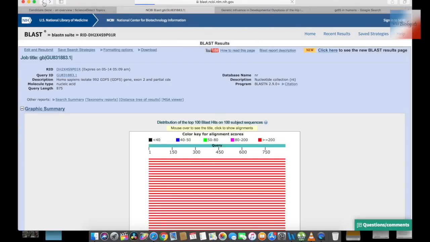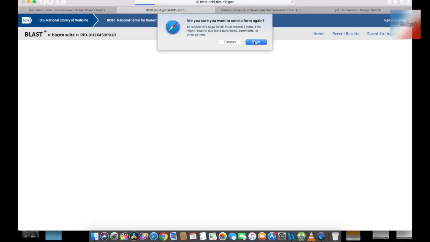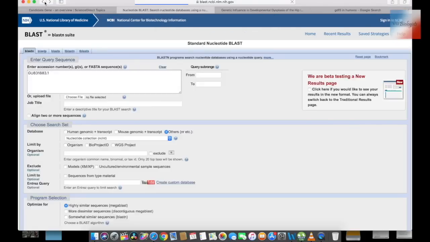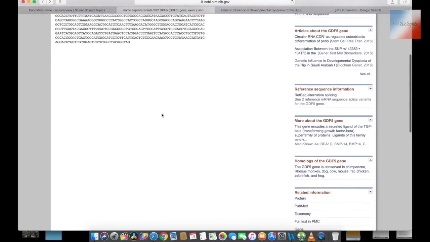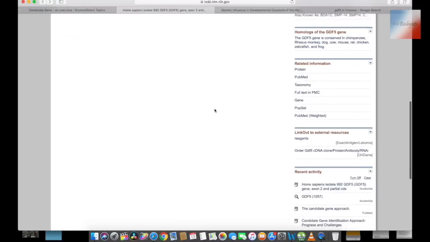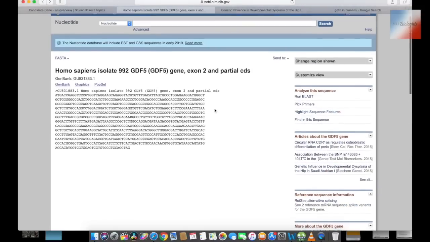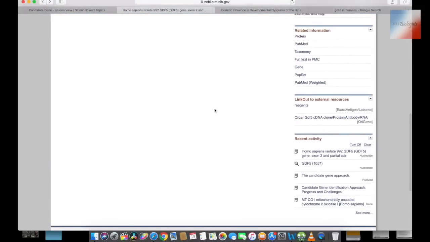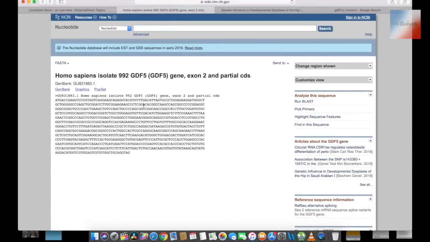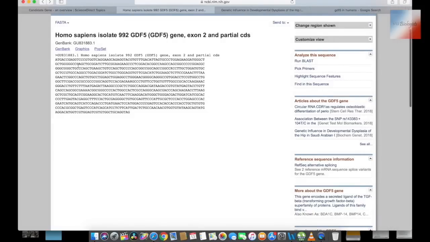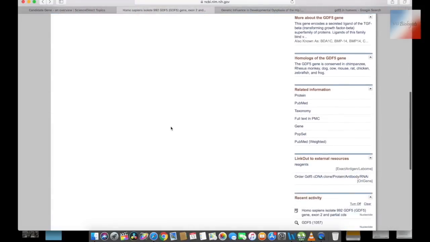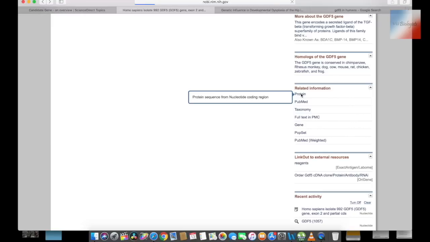I will go back. Go back. Here, not here yet. Here. It's a simple way that I can get the ortholog. That was the page where you got the sequence and scroll down the protein. It's actually the protein sequence from nucleotide coding region. That's for my sequence. So I will click on that,